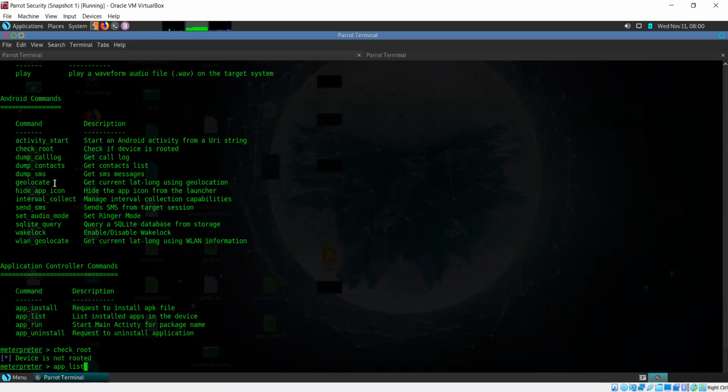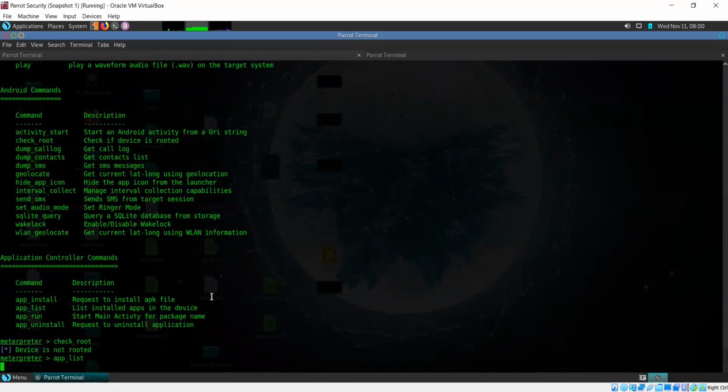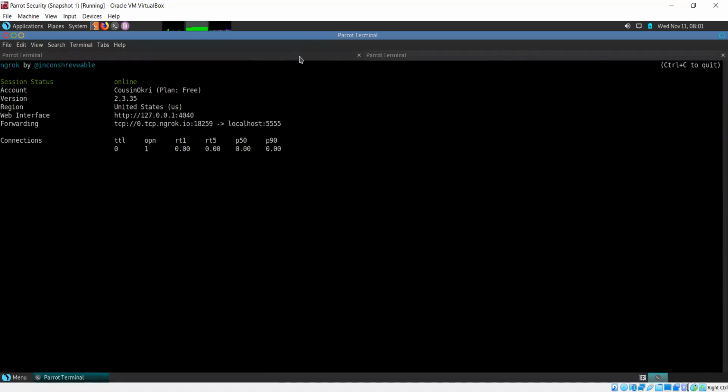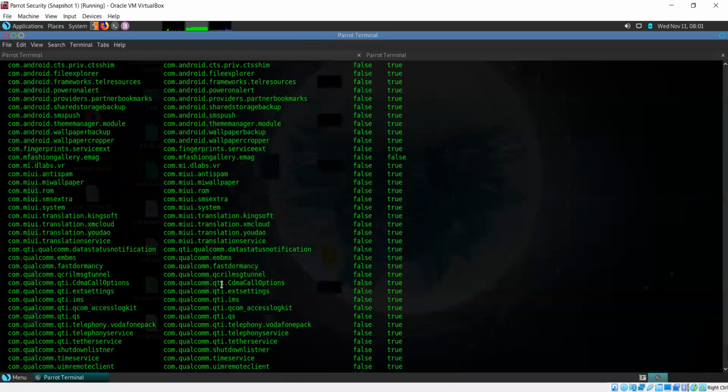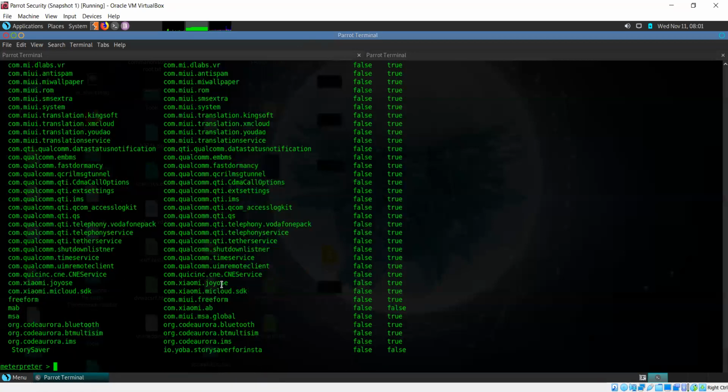Okay, geolocation, you can also try getting the location. Enable or disable wake lock. Activity start, so you can start any Android activity. This is going to give you the application list. So that connection is working and we are getting the results of whatever command we are running.